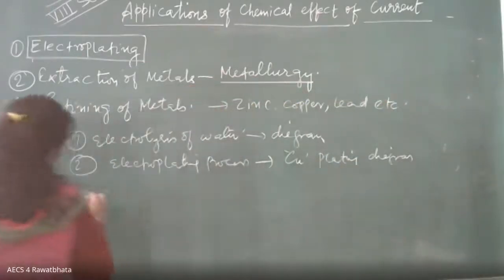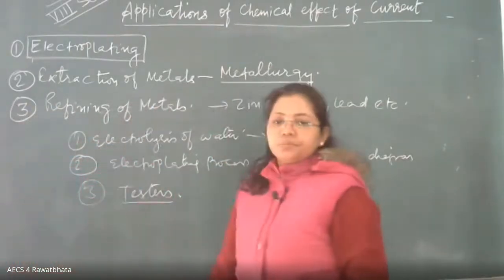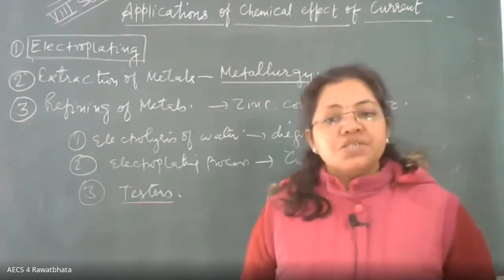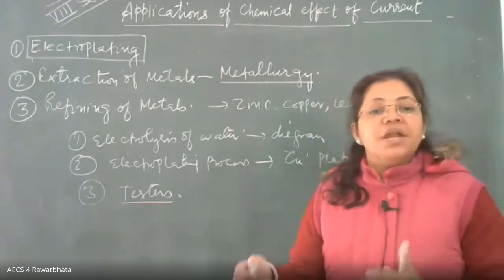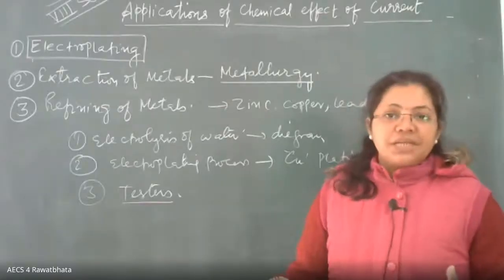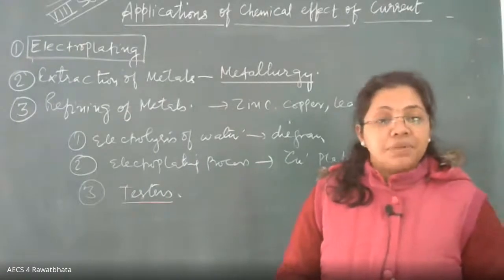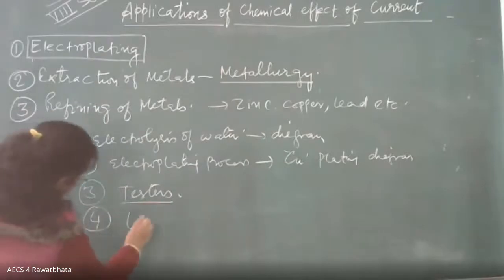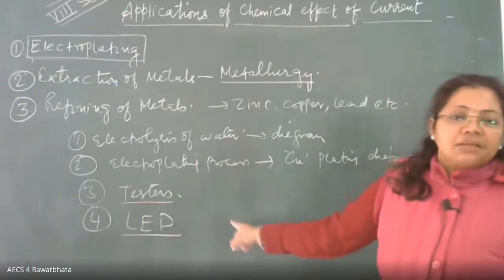The third diagram which they place here is the diagram of respective testers. In the beginning of the chapter, I discussed with you the respective testers. One is our normal tester using cell, wire and bulb. And second, using a compass, that is by employing the magnetic effect of current. And third one, using LED. Yes, correct. That is LED, light emitting diode. Okay. And the fourth diagram which they sometimes place is that of LED. The LED diagram also comes from this.